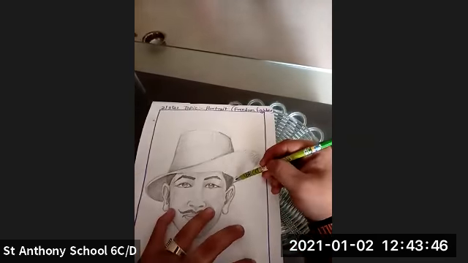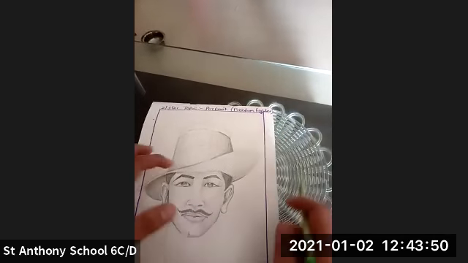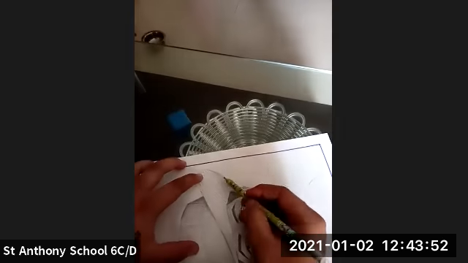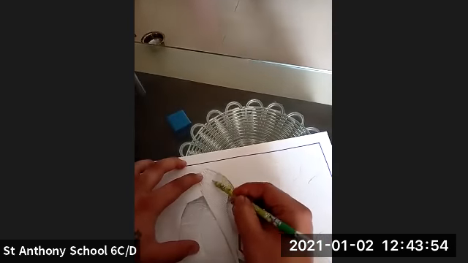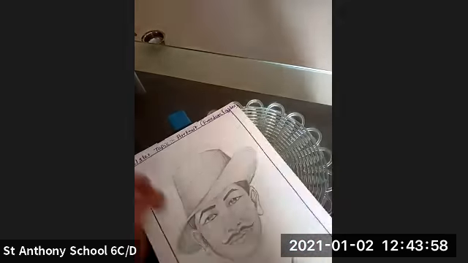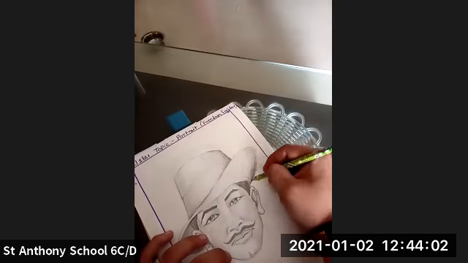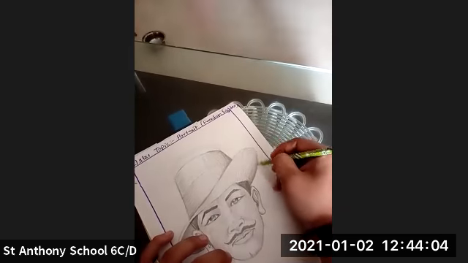Yes, and in this part where I want to show it in the darker tone, I'm going to use the cross hatching technique over here. Okay, so this is how I'm going to use this and get a proper shade.